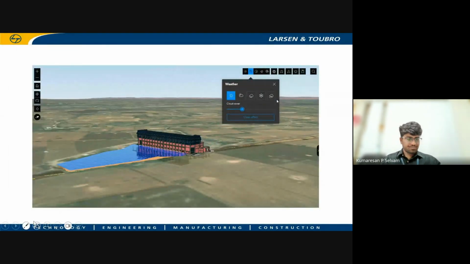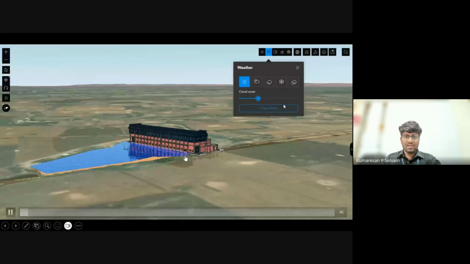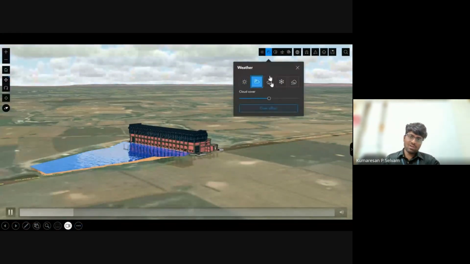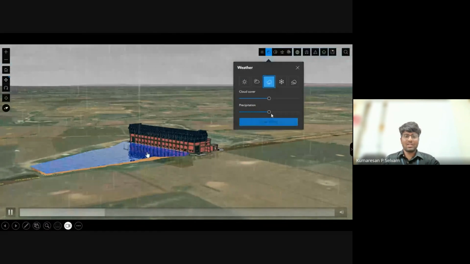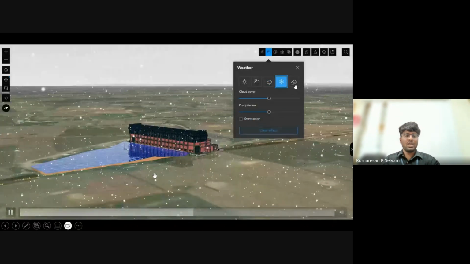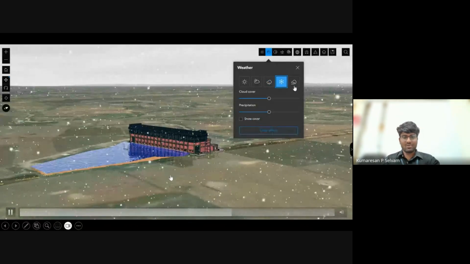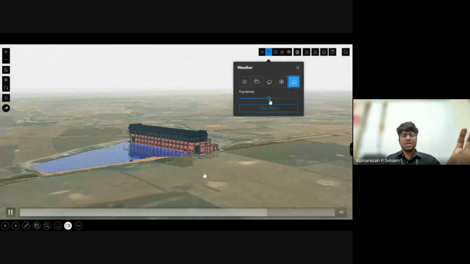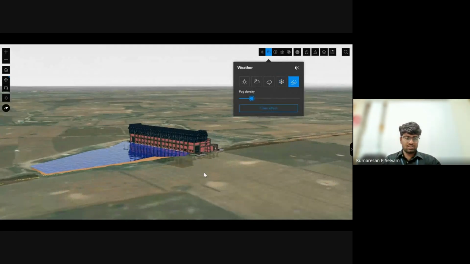And this is a model where you can even differentiate the climate, in rainy season how it will look, in snow season how it will look, during winds how it will look. Everything you can visualize here, and you can show it to the client so that they will be impressed with this technology.